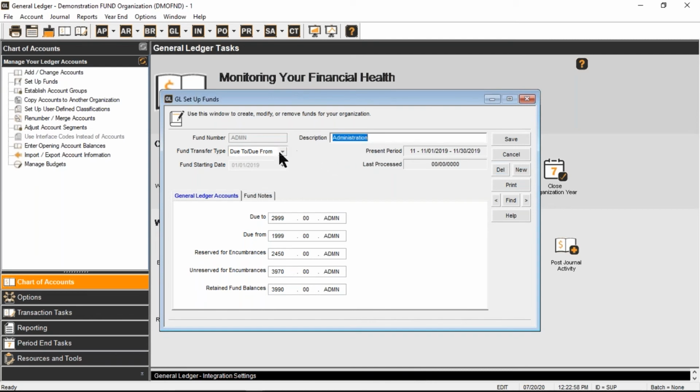The fund setup also includes a fund transfer type. By default, it's going to be set to restricted when you're setting up a new fund. The other option is unrestricted, and then there's one option in between called due to, due from. If you set this up as a restricted fund, that means every time you hit any GL account with this fund as part of the account number,